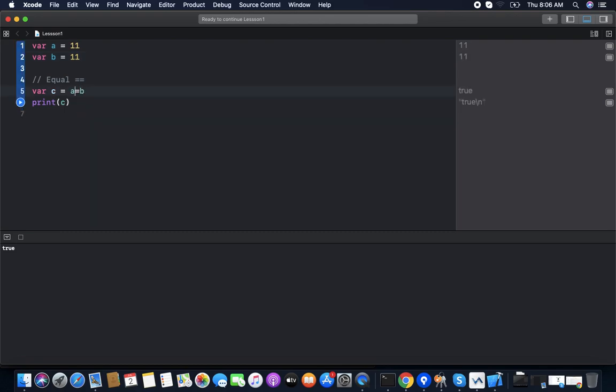Now not equal. Not equality is the opposite of equality. So if the values are not equal, then it returns true, else false. So now these are equal, so it returns false.